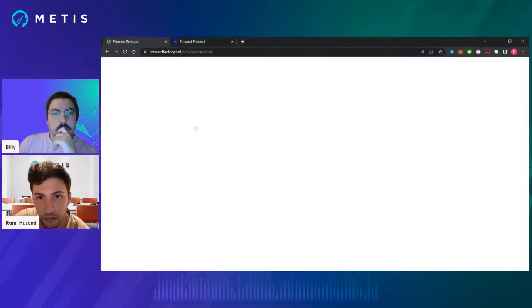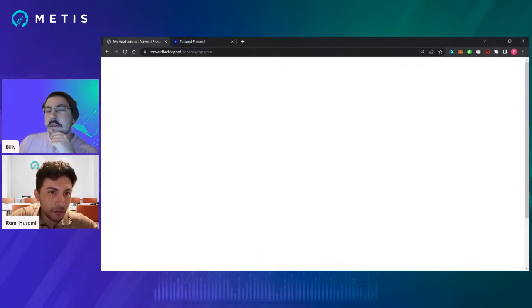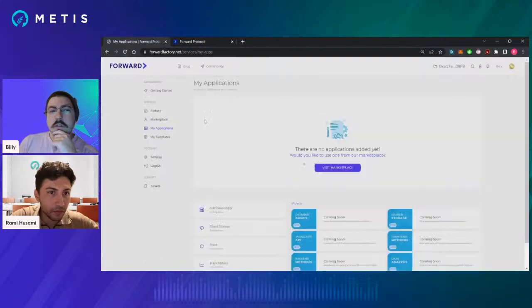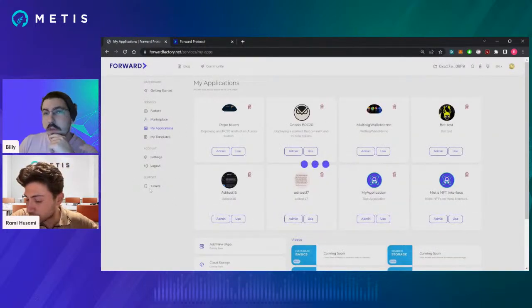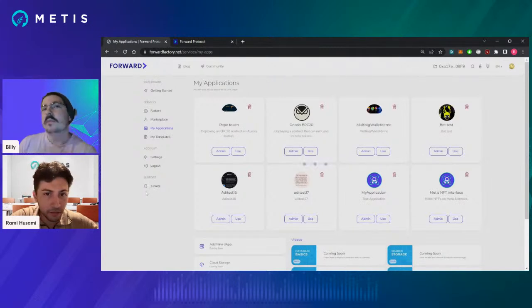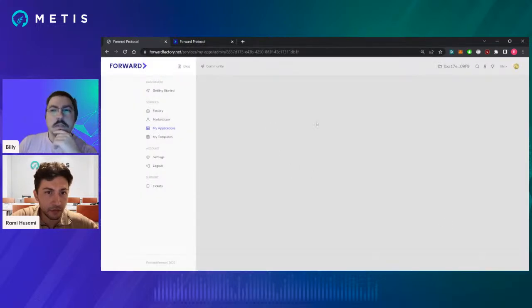What's going on here? Sorry about this, guys. Please remember that this is alpha. So if you do run into issues like this, we do have a ticketing system down the bottom here to make sure that when inevitable issues do happen in an alpha testing phase, you do have the ability to report them. So just bear with me,